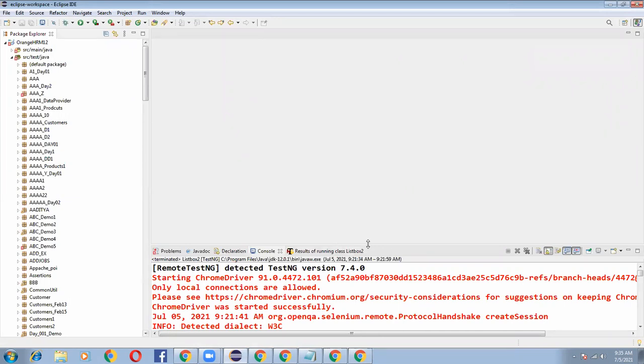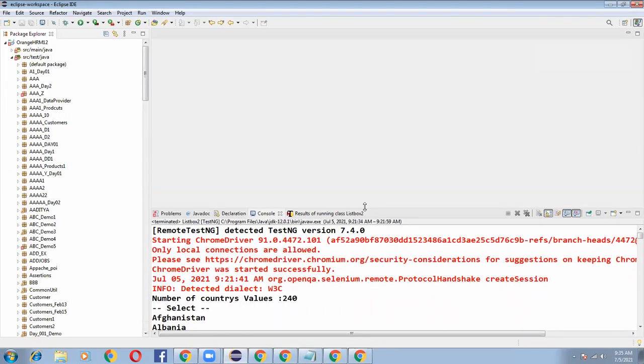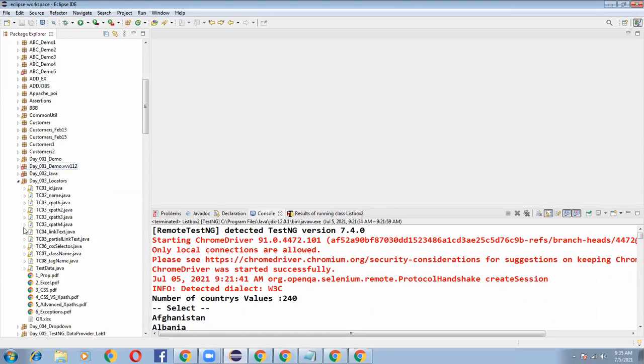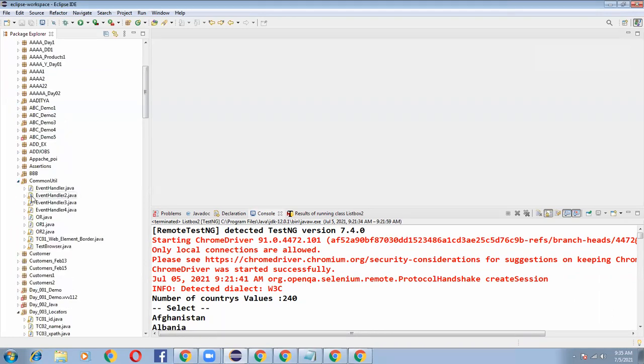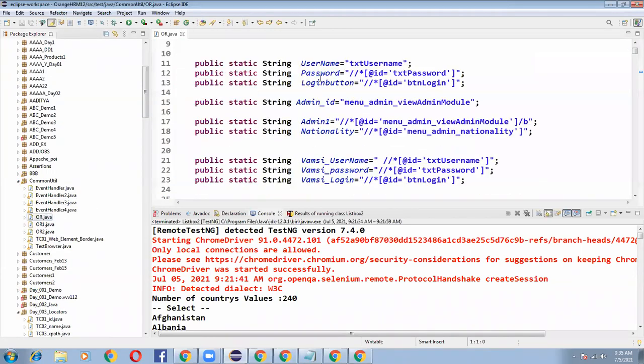Whatever the application is, it is a reusable component. That var means object repository. It is reusable across multiple test case automation, and you can use these XPaths in multiple places. If it is Amazon, the XPath might be different, and instead of login button they will give you login.